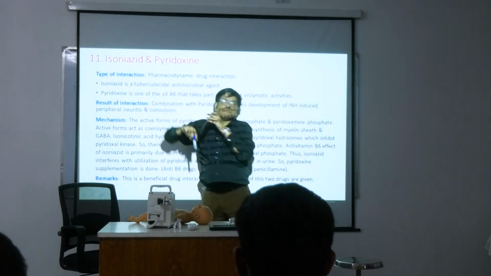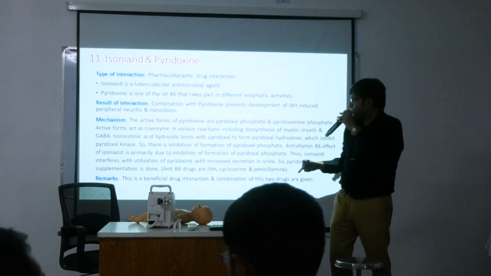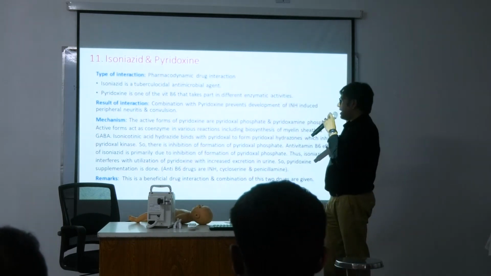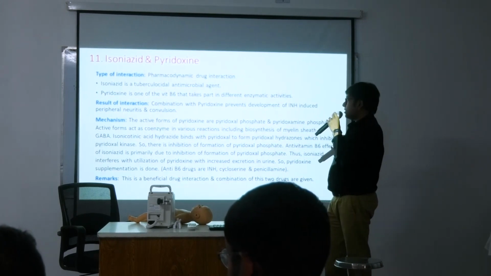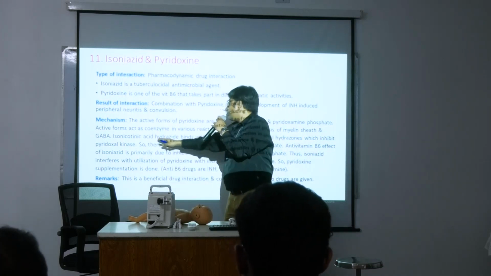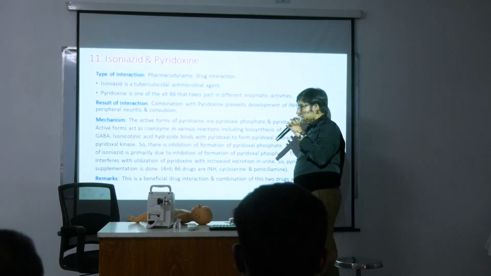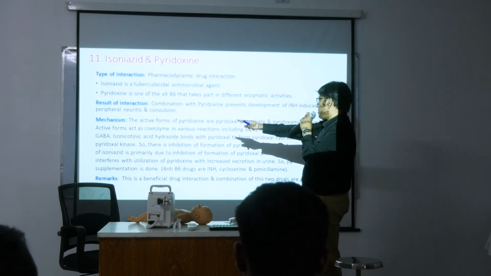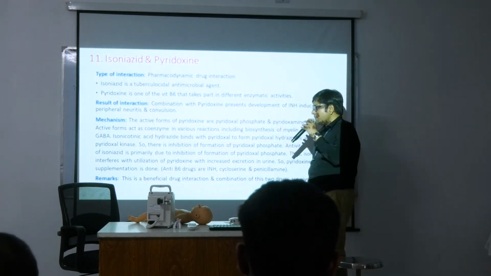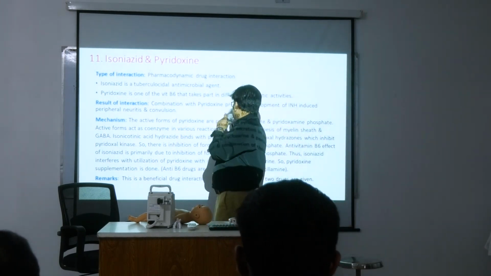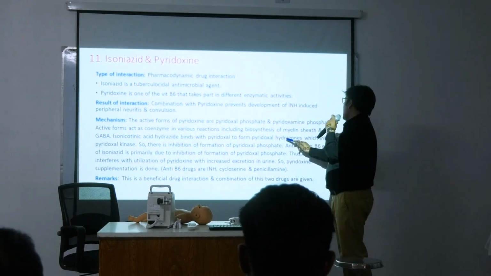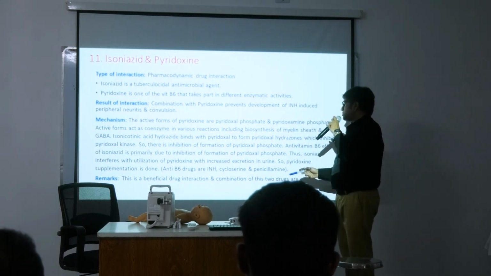আইসোনিয়াজিডের একটা মেটাবোলাইট আছে, এইটা আইসোনিকোটিনিক অ্যাসিড হাইড্রাজাইড। So isoniazid forms a metabolite called isonicotinic acid hydrazide. That isonicotinic acid hydrazide inhibits formation of pyridoxal phosphate. কেন না? ও কি করে? পাইরিডক্সাল থেকে পাইরিডক্সাল হাইড্রাজোন তৈরি করে।